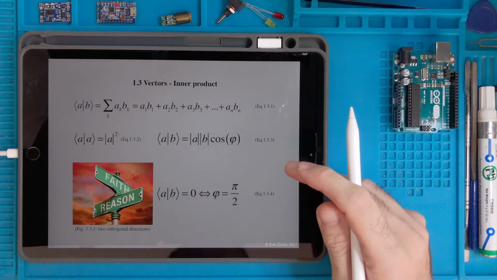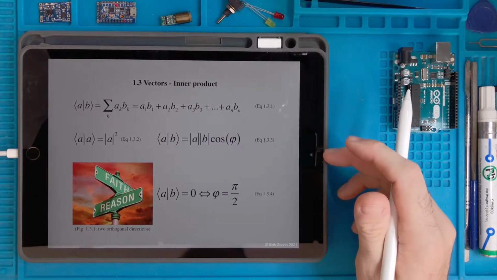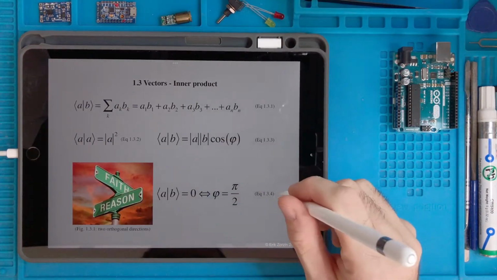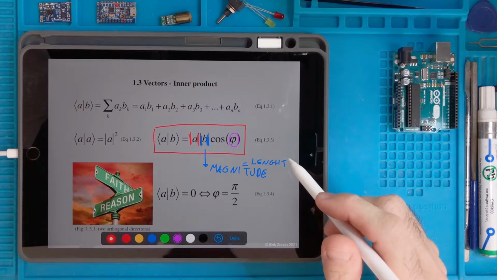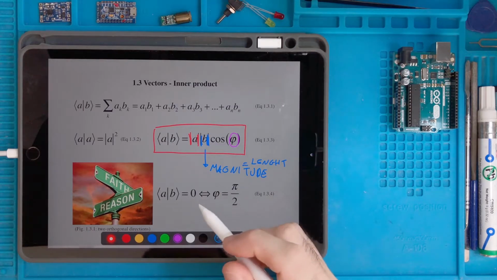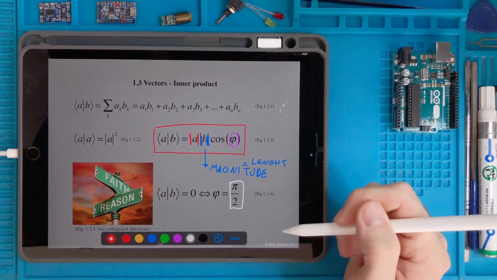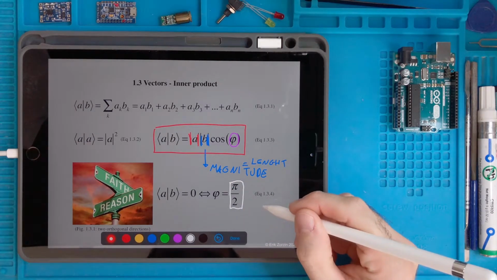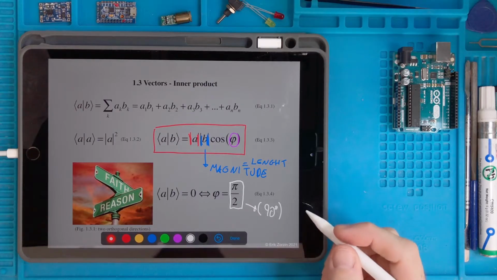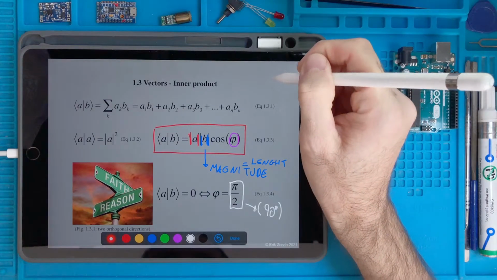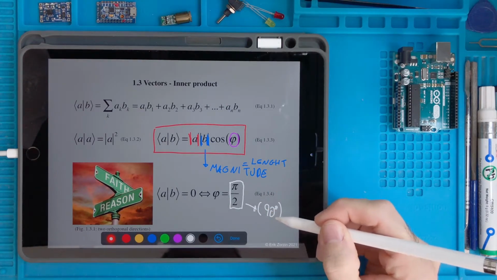for us is important because at a certain point we will speak about so-called orthogonal vectors. So vectors that are orthogonal to each other have an angle measured in radians of half pi, so 90 degrees, let's say. So in one circle there are 2 pi radians, so pi half corresponds to 90 degrees.